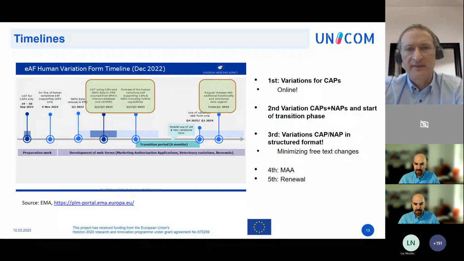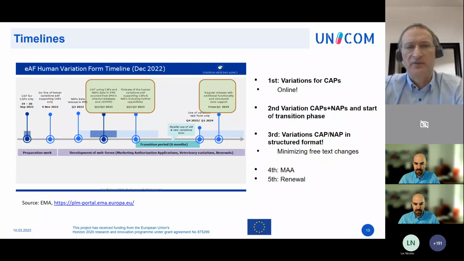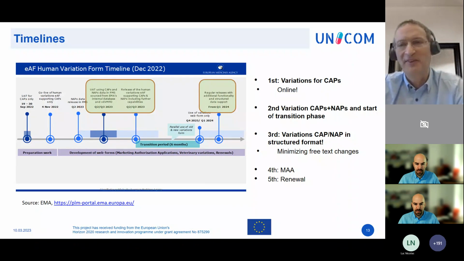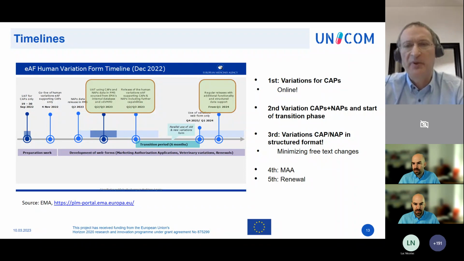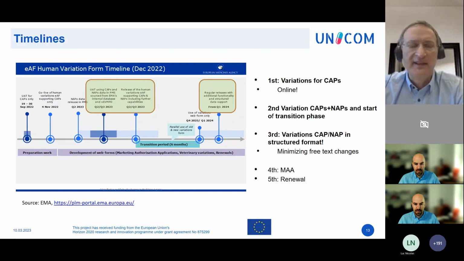And we are also in some member states, we are already implementing to import the data from these new forms into the national systems. The second step will be that we, let's say, extend to national authorized products, also, of course, including MRP, DCP, which are national products, and to start a transition period. And after this 6-month transition period, the usage of the variation forms in the new style will become mandatory, and we will delete the old PDF forms from the e-submission website.